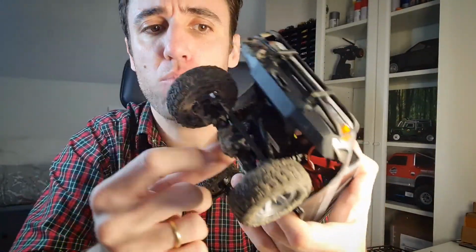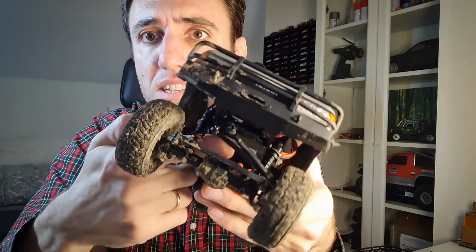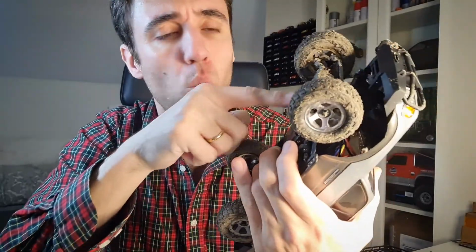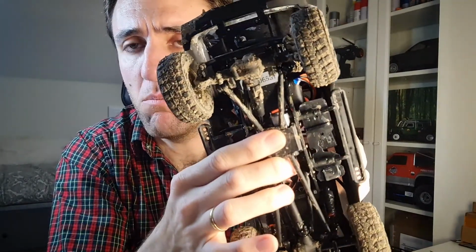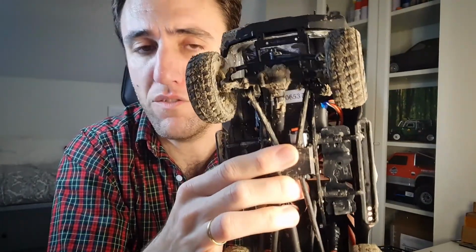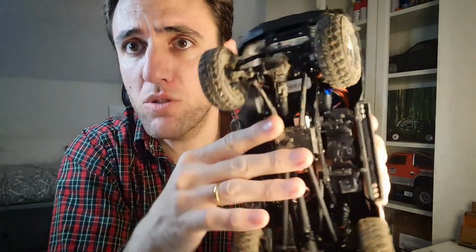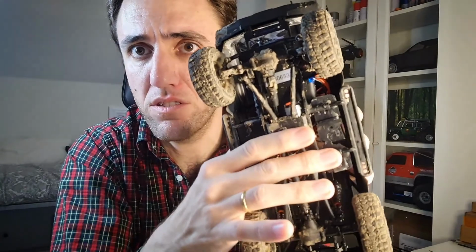Panhard bar that you can probably see over here. This is the Panhard bar. It came as a modification not only to eliminate one of the upper links up here, making room for a bigger motor. So instead of using the 030 motor by default, it now started to come with a 050 motor. And this model for some reason came with the Panhard bar, but with the 4-link suspension and the